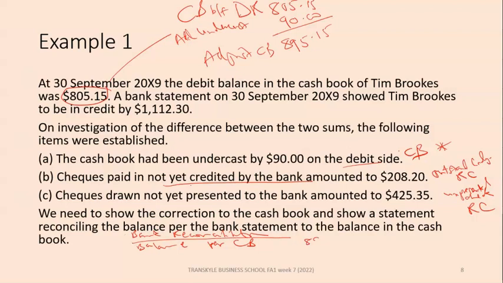That's 895.15. Where are we taking this figure from? We're just simply taking it from this. Okay, that's the figure we are talking about. Then